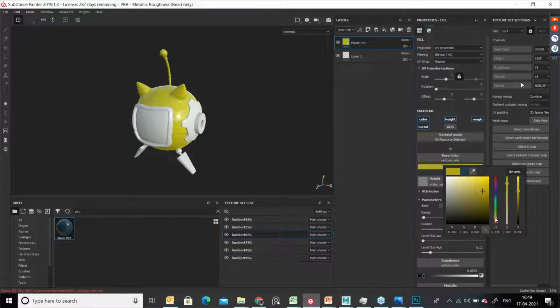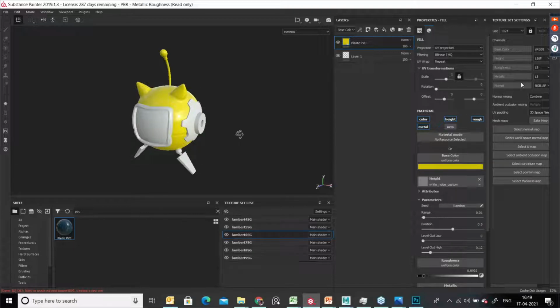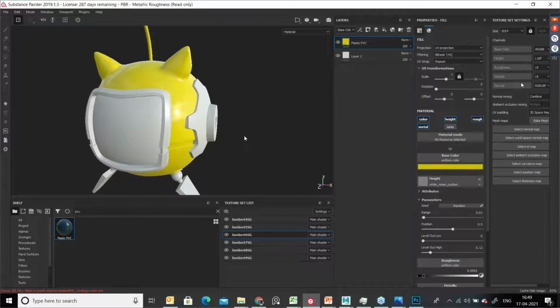Mostly this yellow color is good. Whichever color you want, you can apply. Maybe you can choose gray also. That is also possible. Light gray or light green, military green also okay. Because you are going to use this bot as a military bot, then change the color into military color. Light green or dark green, whatever it is.